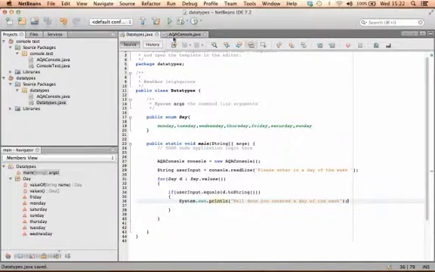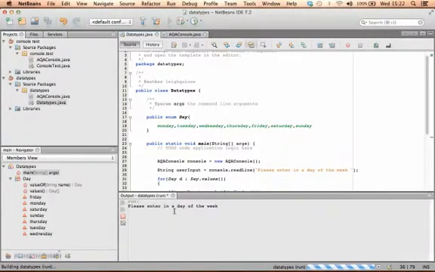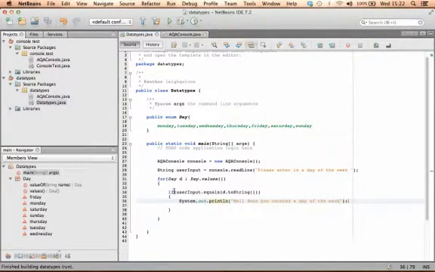Okay, so let's run that code. So please enter in a day of the week. I'm going to enter in Monday. Well done, you entered a day of the week. Let's run it again. Let's enter in Mondays. Nothing. It'd be nice if our code told us that we didn't manage to do it successfully, so I'm going